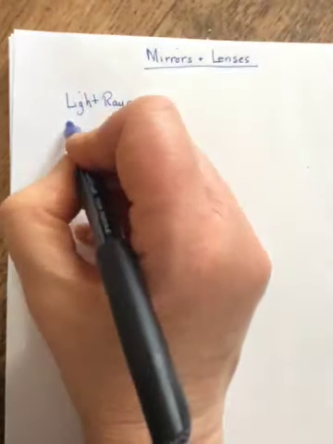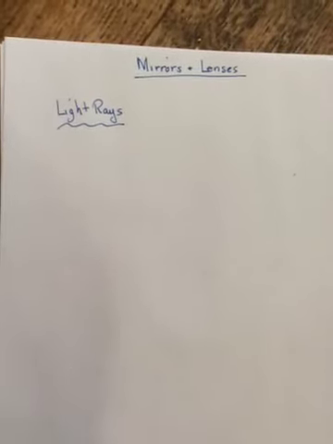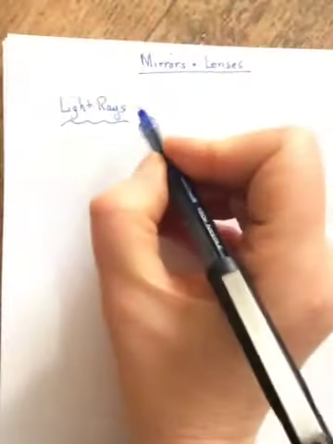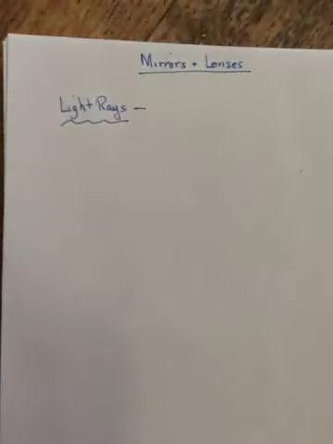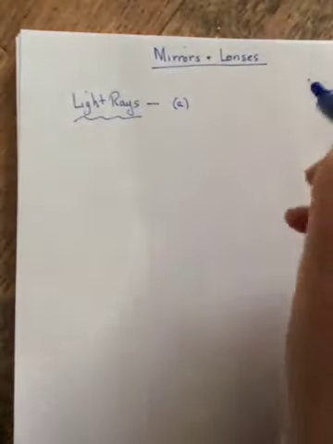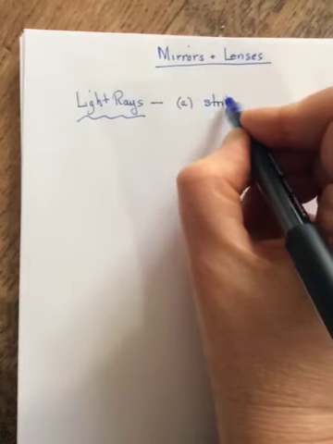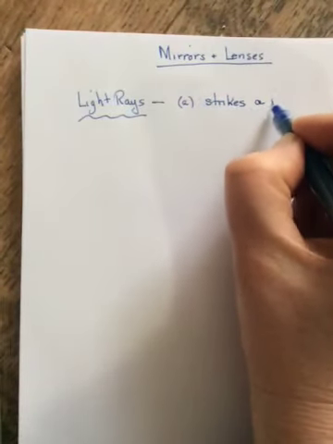I don't know if you've ever realized it, but our brain always assumes that light's traveling in a straight line. And it assumes that because it doesn't have any reason other than to assume that, because light usually does. But when light doesn't travel in a straight line, then we can get tricked. Now, light will always travel in a straight line unless, and the first unless is, unless it strikes a reflecting surface,